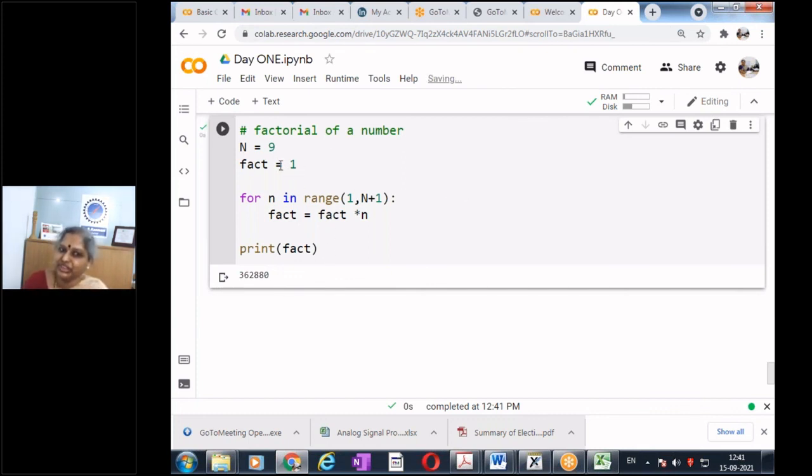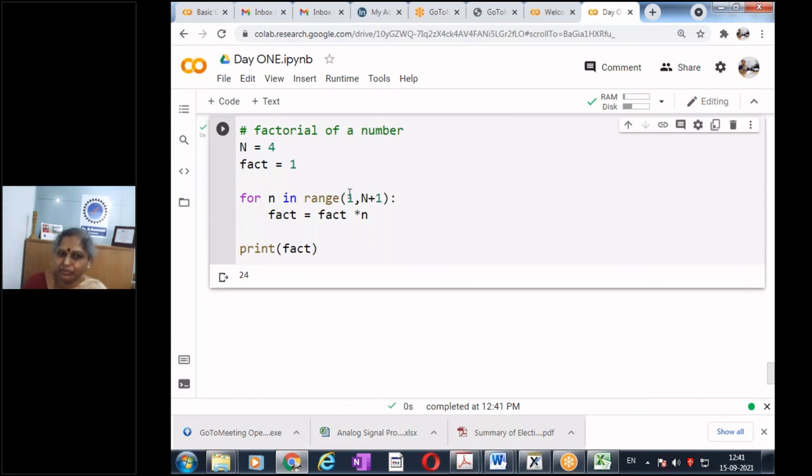We should also know that factorial of 0 is 1 by definition, and hence this program will give the right answer even for 0. So say factorial of 4. What is happening is I am initializing it with 1.